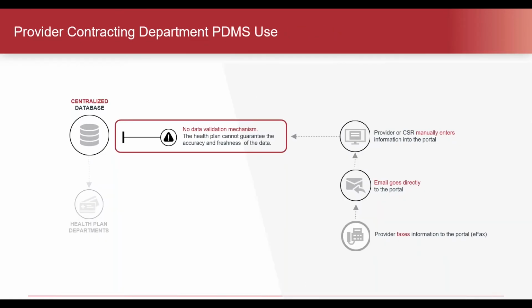Drilling down even further, the provider contracting department assumes that this is the provider directory arm, right? Based on the contract information that's in there, they believe that this is key to the actual provider directory. Some healthcare organizations may have a specific portal for providers to enter practice information for a directory, or maybe it's just a mention that the department has multiple methods for collecting this information. What is missing in this process to verify or validate the information before it is loaded into your database, stored, and disseminated throughout your main systems?